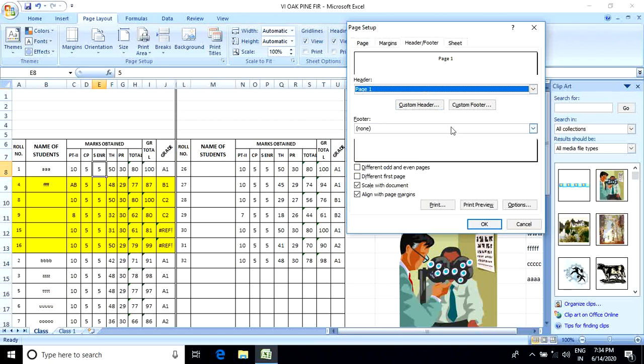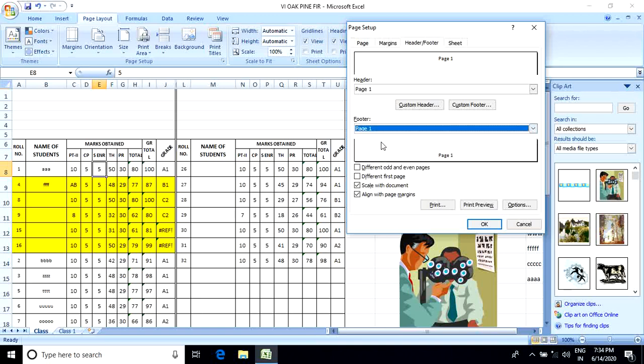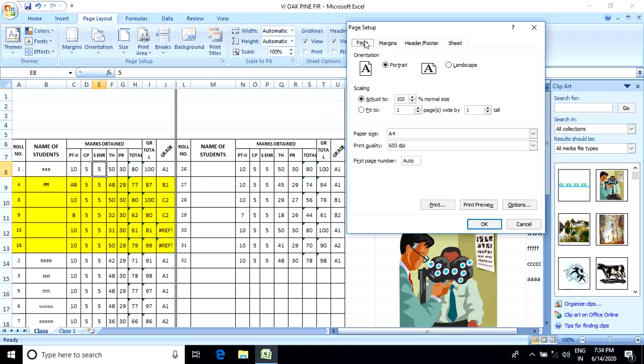The same applies to the footer also. That is the page setup option. And orientation, two types of orientation we already discussed in Microsoft Word, that is portrait and landscape. It is also applicable for Excel.